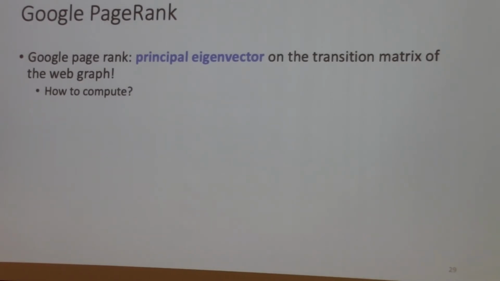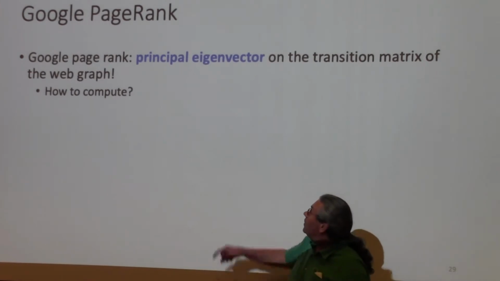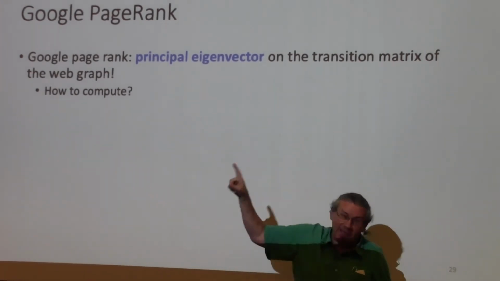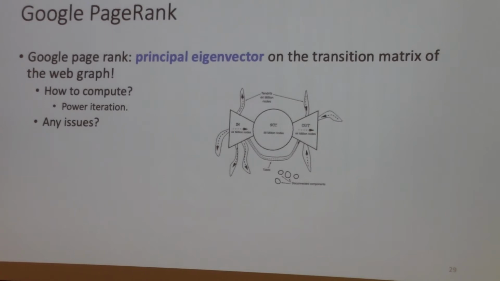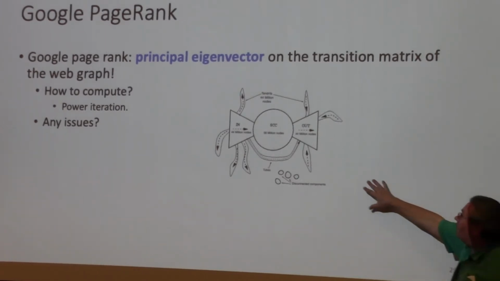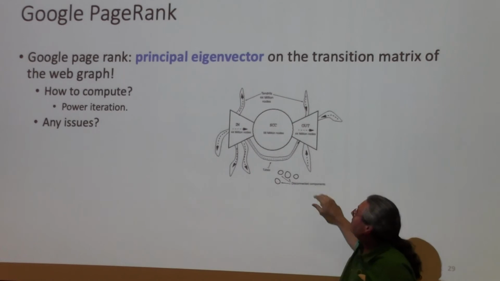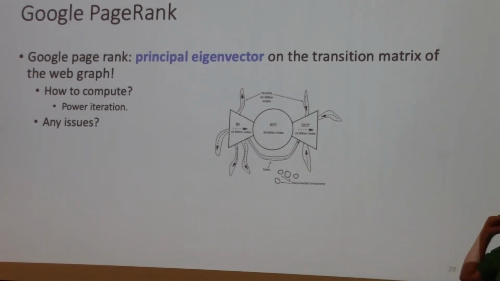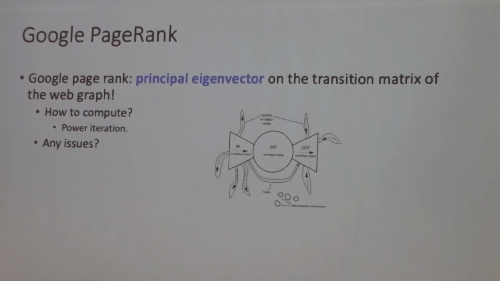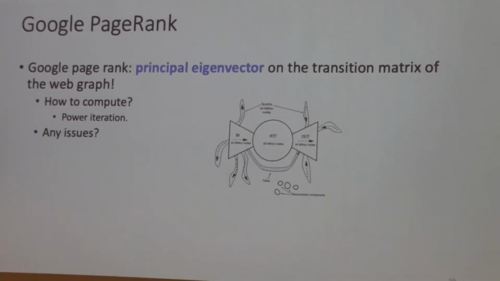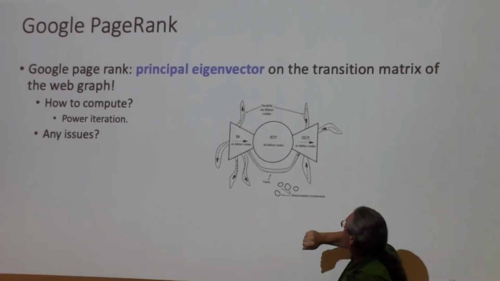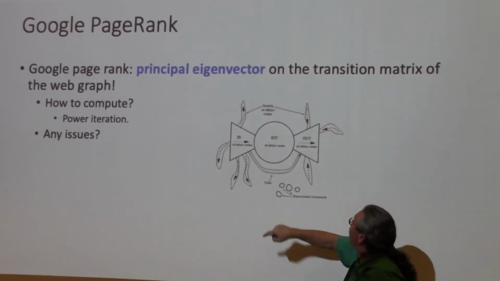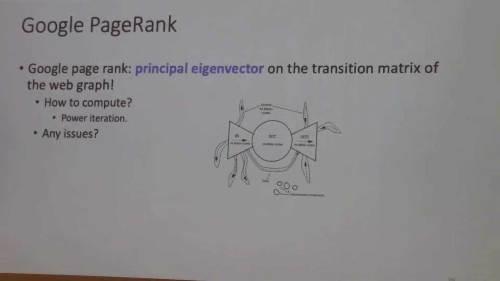And now the trick for Google is, how do you compute that thing? You have to do iterations, power iteration. And remember, this is kind of the structure of it. So if you do that, what's going to happen? As we saw before, there are going to be some problems here. I briefly went over this before, the structure of the web. You have these disconnected components here, so of course you're going to have problems.